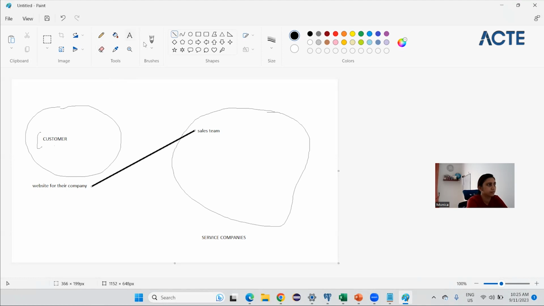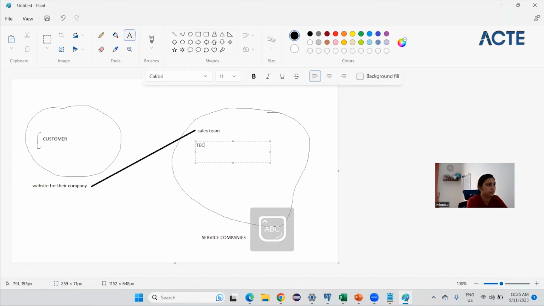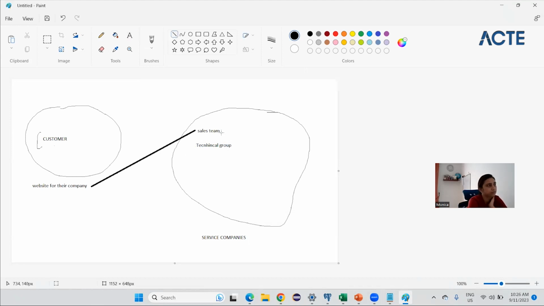Then it will pass the user requirement to the technical group. And in that particular pass, if there is a communication gap, there might be a requirement miss. That's what I'm trying to say, lack of collaboration. Now this technical group will have, okay,